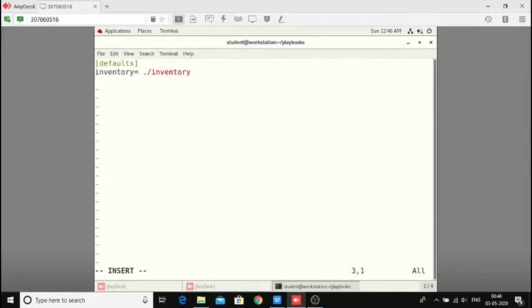Or if you wish to, you can take the absolute path of the inventory file as well. Then one more thing I would like to use is remote_user. Remote_user means the user through which it is going to connect, through SSH or WinRM. So I'm keeping it as DevOps. Make sure that user has key-based authentication. Okay, now you can keep it for all these parts.